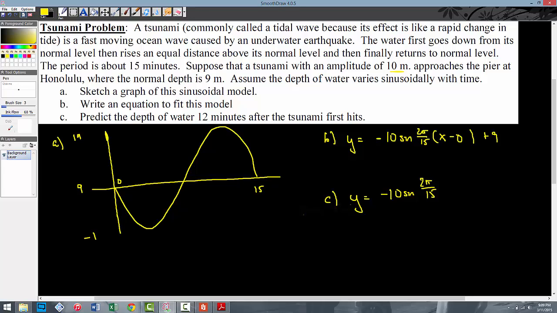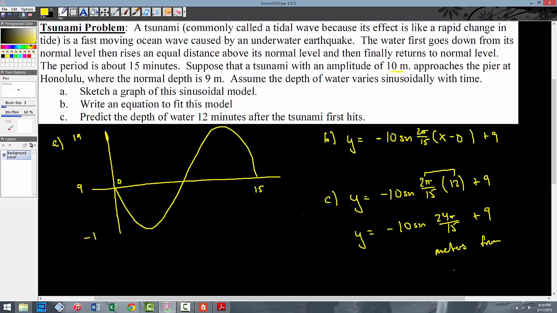We're not used to dealing with pi's over 15. I'm just going to let this thing equal 12, and I'm going to put a plus 9 out there. I'll just multiply those in, and I'll just say y is equal to negative, not negative sine, negative 10 sine of 24 pi over 15, no need to reduce that, don't worry about that, plus 9, looks like meters